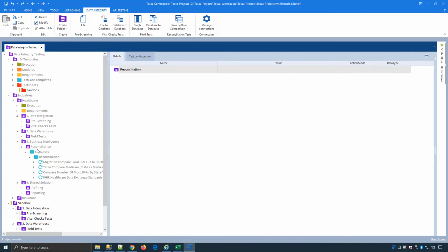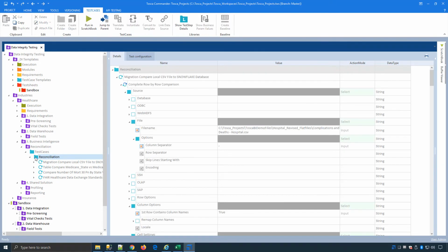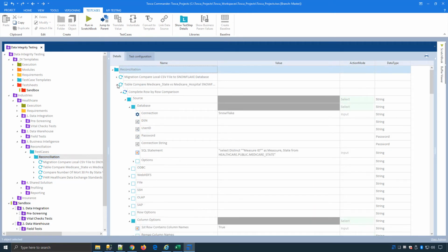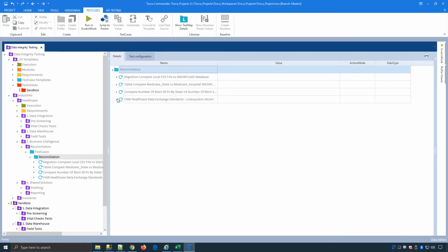I'm going to jump to my reconciliation, double click on this folder just to bring it in view, and you can see different tests. Let me collapse this so you can see the tests that we've set up. I've set up 4 different examples for us today. One's going to just check moving data from a file to a Snowflake database. And if I double click on that,